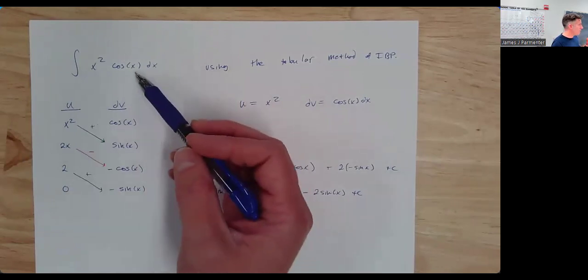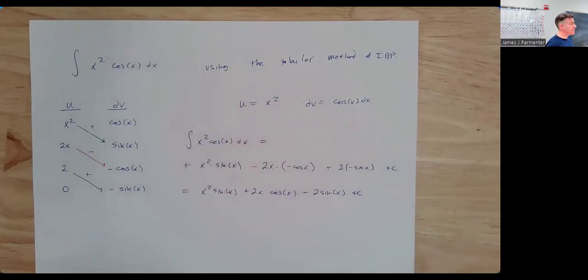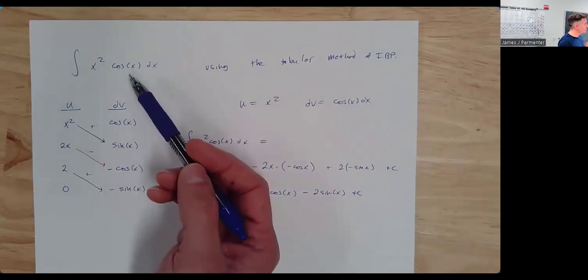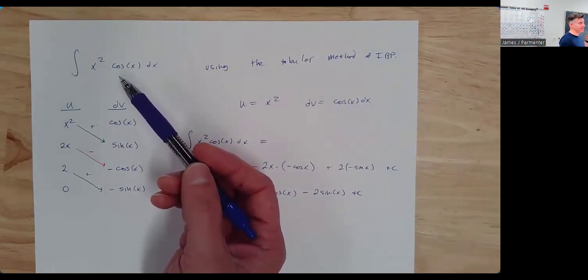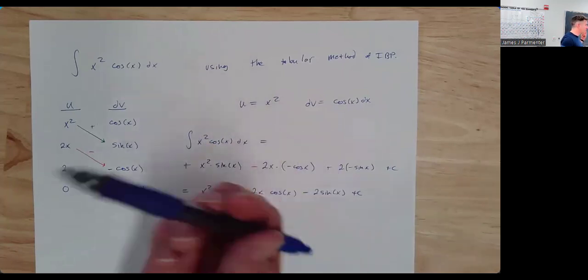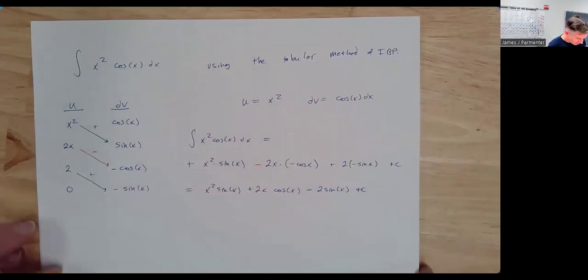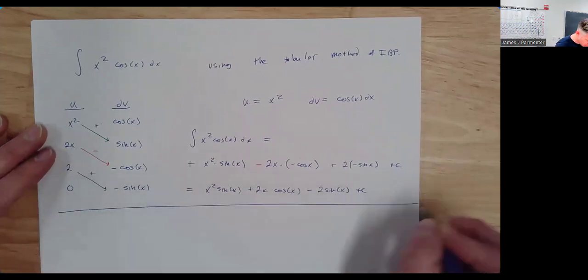And your dv choice has to be something that if you keep integrating it repeatedly, it doesn't get terrible. And there's only 3 functions that'll do that for us. Cosine is one of them. What's another one? Sine. And what's another one? What's another function that you can anti-differentiate and it basically doesn't change at all? E to the x. Those are the 3 things. So the candidates for tabular integration are,